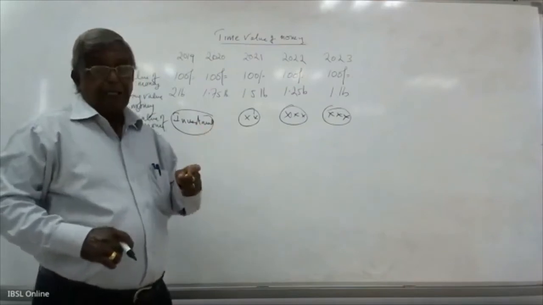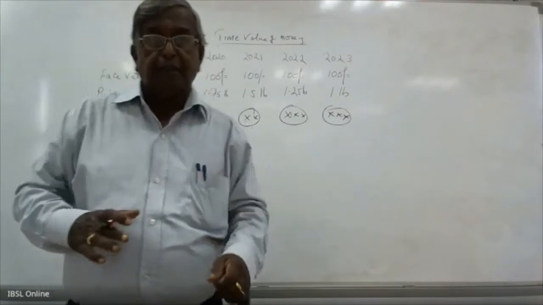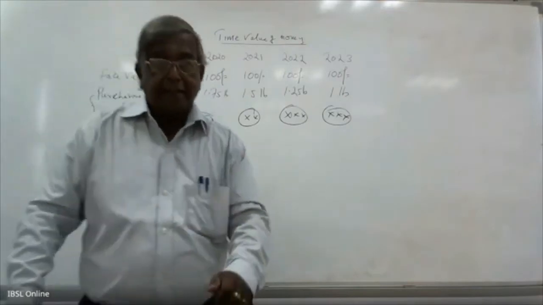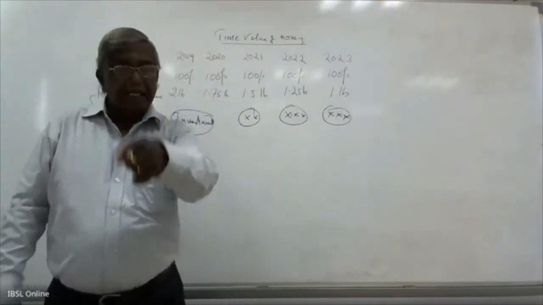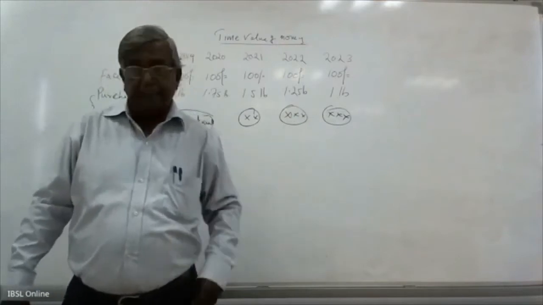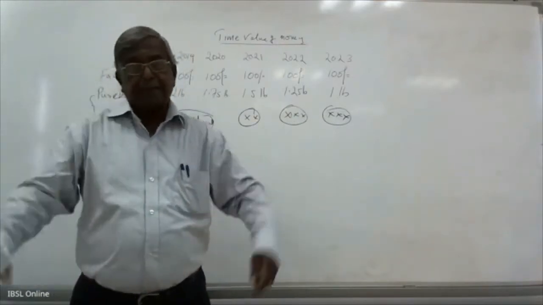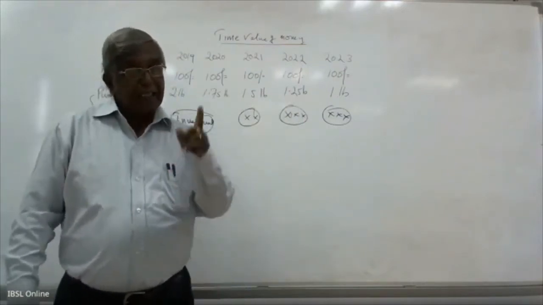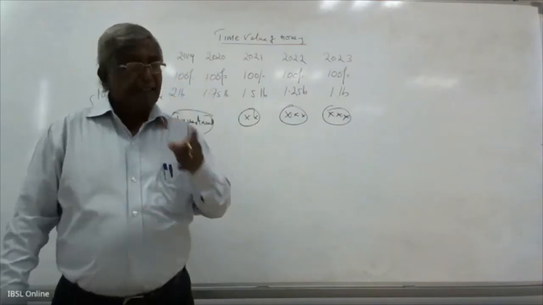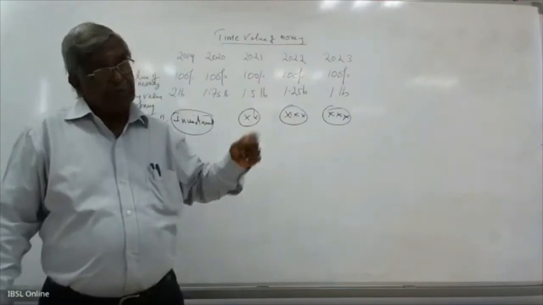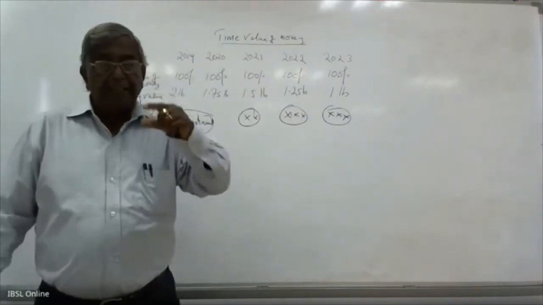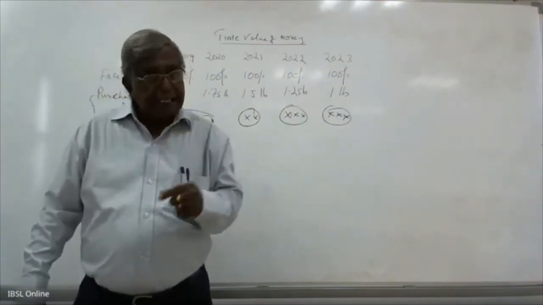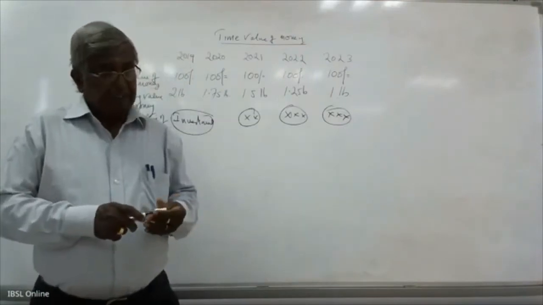So for this purpose, for the people who do the project analysis, this time value of money is really very important. So as bankers, for the various projections, various projects, various businesses, you make income projections, expenditure projections. You have to consider that in view of this time value of money. So that is the second reason why this time value of money is important for us, especially the bankers or the project analysts. Clear?